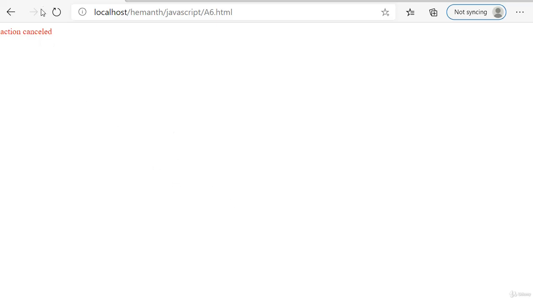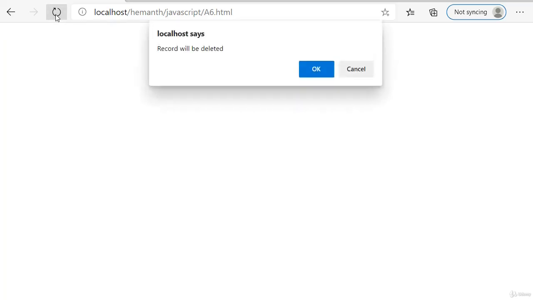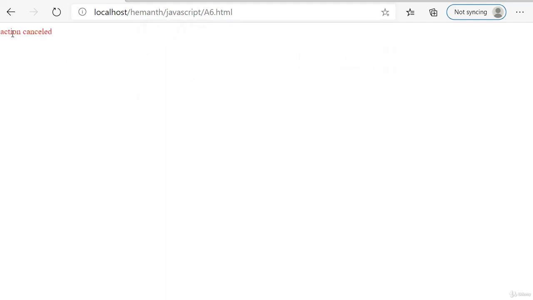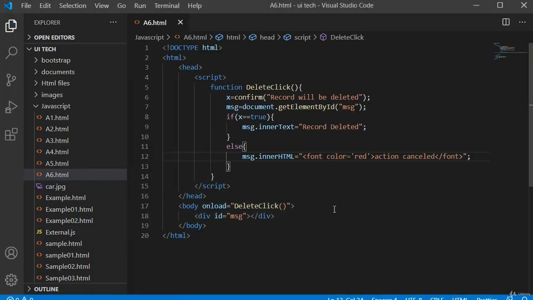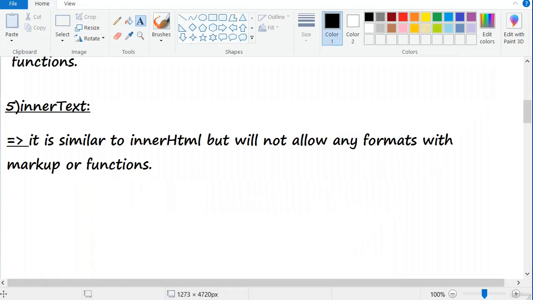Inner text will print just a record deleted without any HTML tags. We cannot use markup in inner text. We can use markup tags, markup language related HTML tags, inside inner HTML. That's the reason we are seeing action cancelled in red color. That is what we have written in our inner HTML property. Next we will discuss about